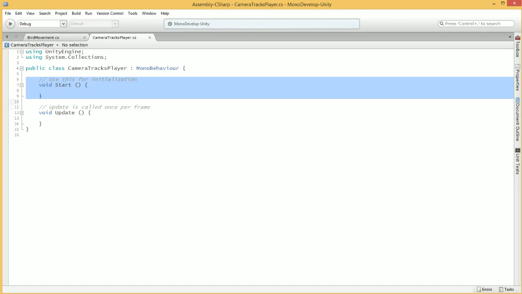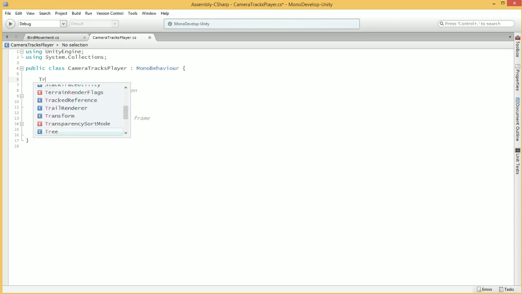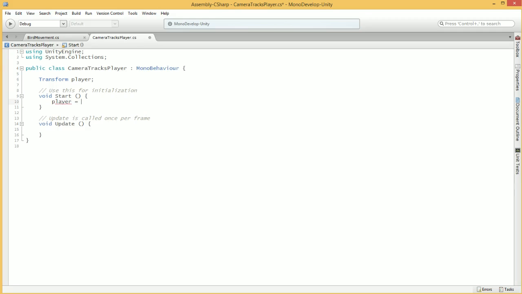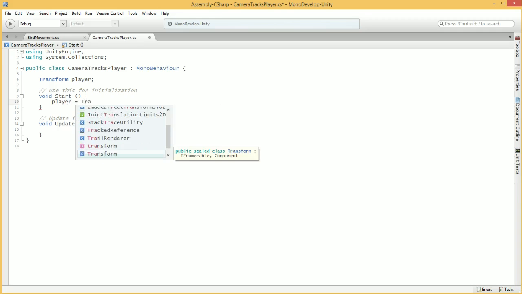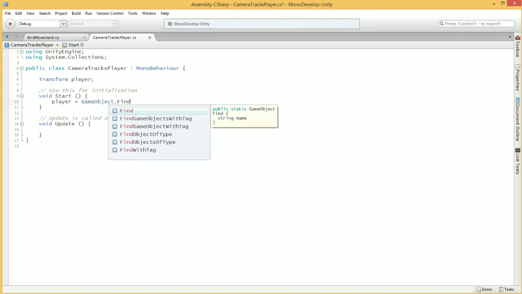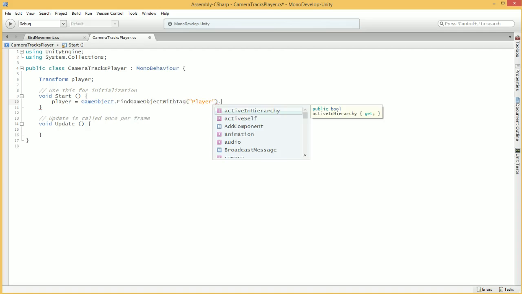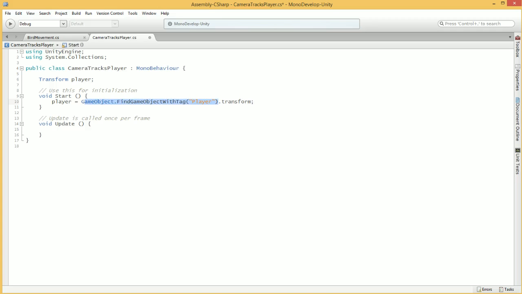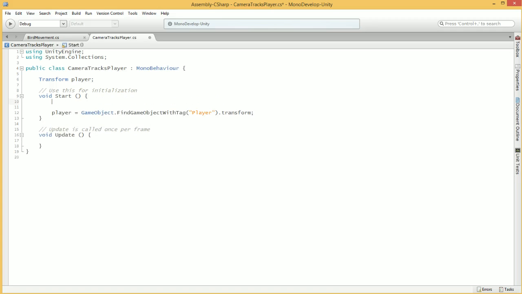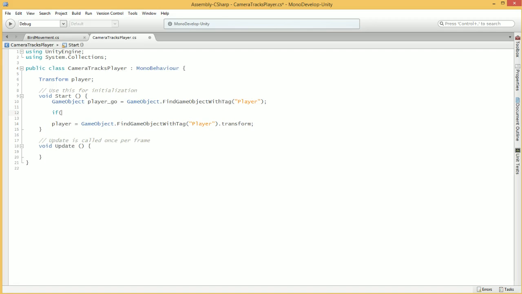In this case, the code is going to be, let's grab the transform of the player. Transform player in the start, player equals GameObject.FindWithTag player, which actually returns a game object, but we are interested in the game object's transform. Now, this could actually fail, so let's break it down a little bit and do things kind of righter this time. GameObject, we're going to call this player game object, is equal to this. If player game object is equal to null,